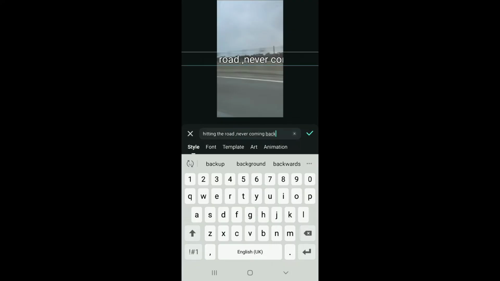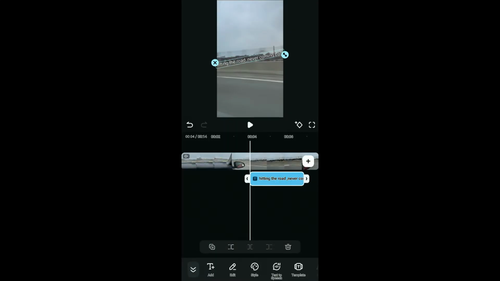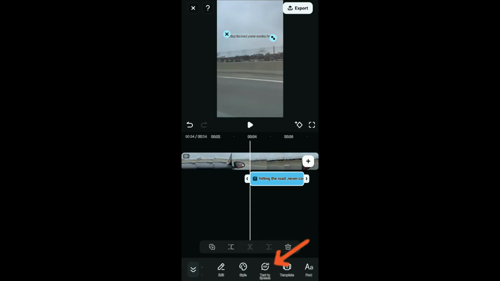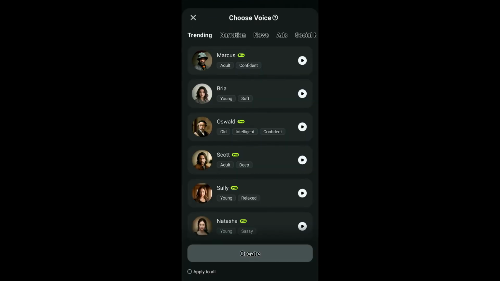speech. After adding the text of your choice, now go ahead and place it on your desired location by using two-finger gestures. And finally, after you do that, make sure that you've selected the text option that you just added, and then you will be able to see several menus at the bottom from where you'll need to tap on text to speech. Now from the next page, you'll need to go ahead and choose a voice you want to